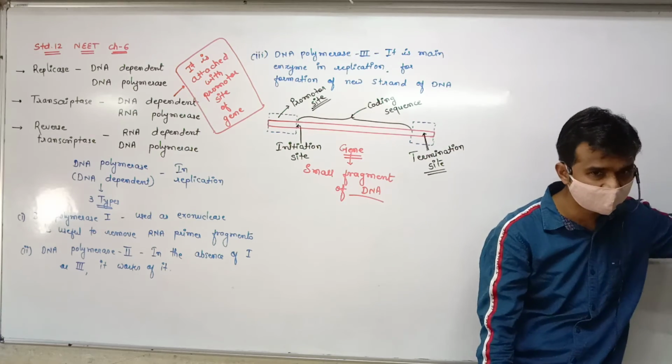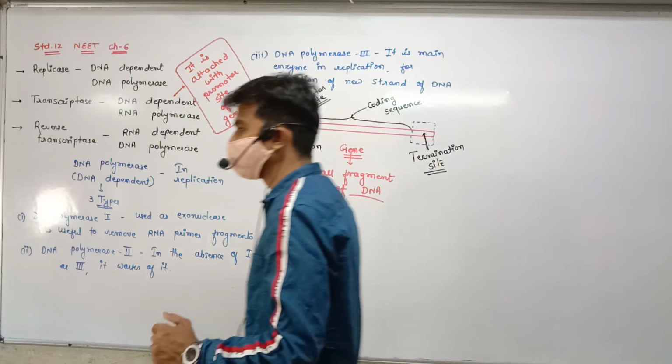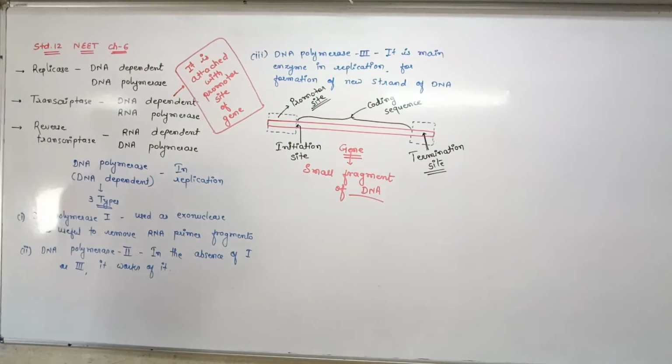Okay, but here it is semi-conservative, meaning one strand is the parental strand and the other newly formed is the sister DNA, right? So this is about the semi-conservative mode of replication, the Meselson and Stahl experiment. Okay, that is asked in the 4 mark.